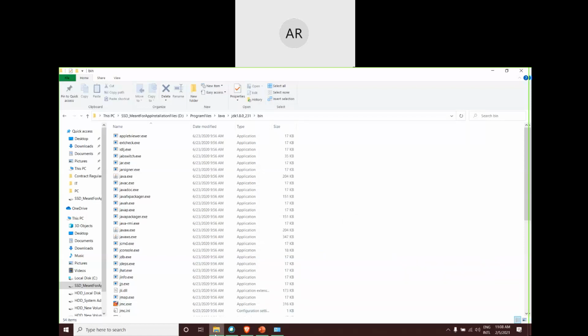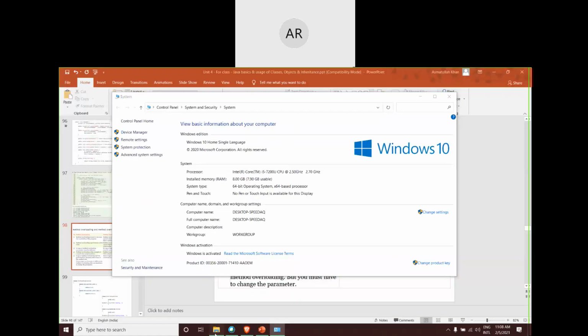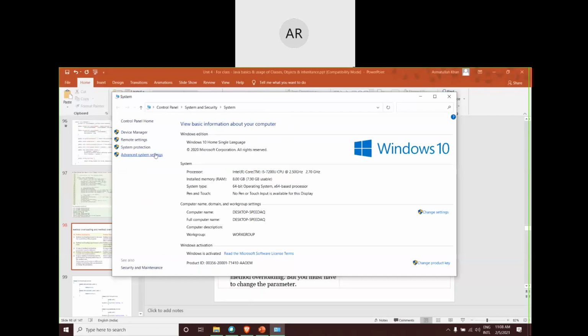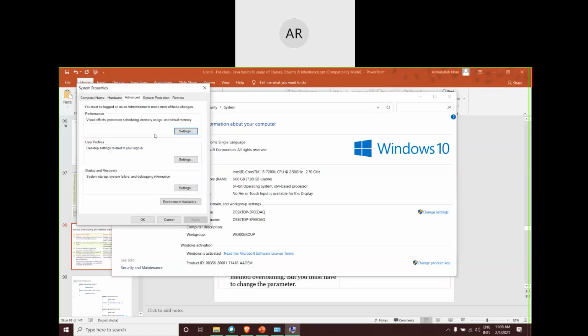Okay, fine. Now again, going back to the same system settings, we have told our system that whenever Java compiler is being asked for, please make use of that particular directory. But we also know that Java is a secure language. It uses the security because of the Java runtime environment. Okay, so to have that Java runtime environment, the sandbox execution, you need to set another variable value.